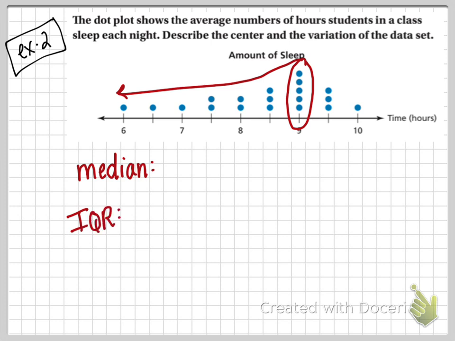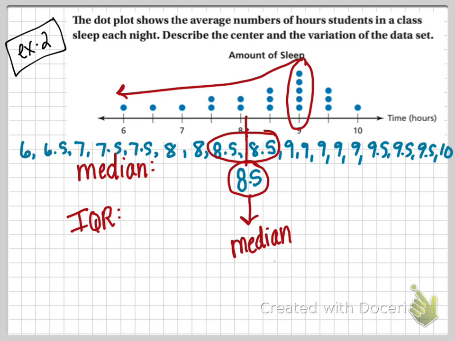Now, it's not a box and whisker plot. If it were, we haven't talked about that. That's tomorrow's lesson. We're going to use a dot plot to describe this. Okay, remember, to find the median, I think the easiest way to do this is to line up the values of data. So I'm going to do this down below.